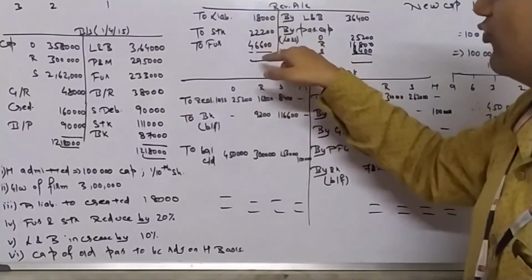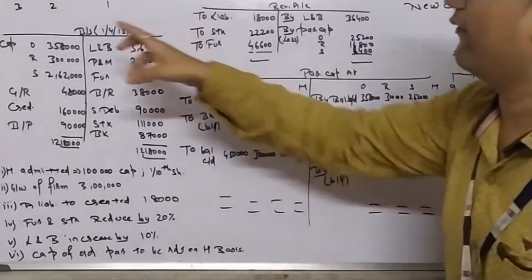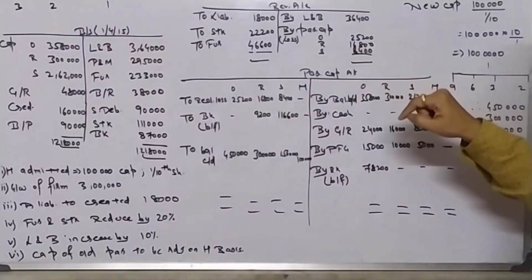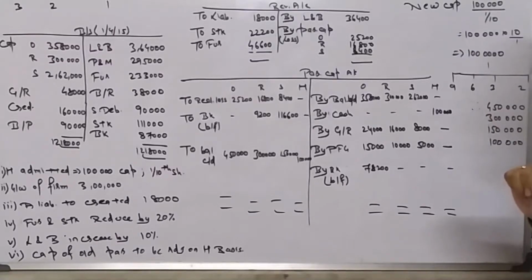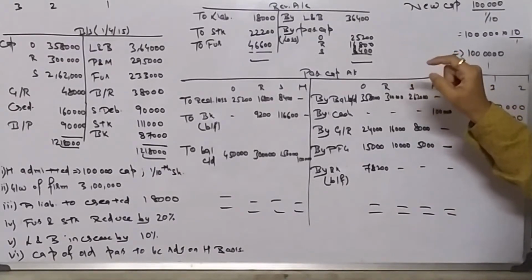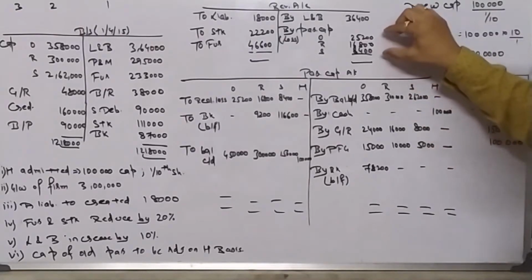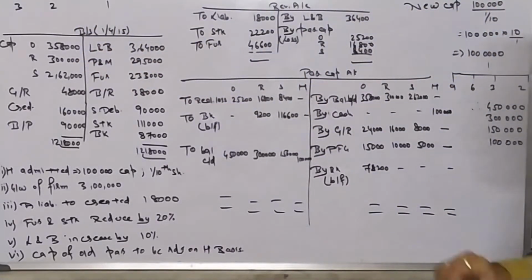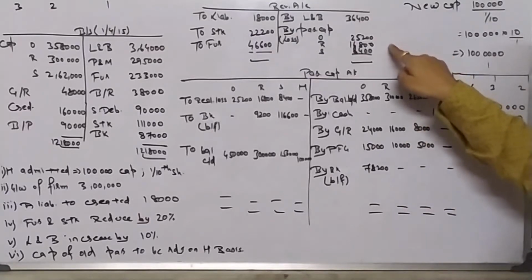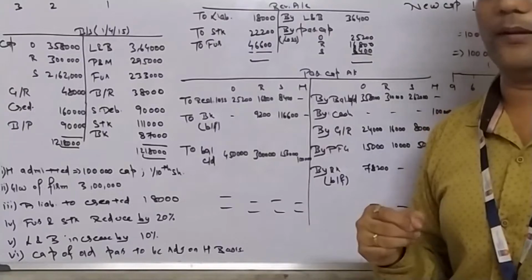When I have added all these figures and deducted this figure, I have got a certain figure, which I have divided in 3:2:1 among the old partners: 25,200, 16,800 and 8,400. The loss comes to 50,400. This account is done. Now this loss will go here, as loss reduces the partners' capital.